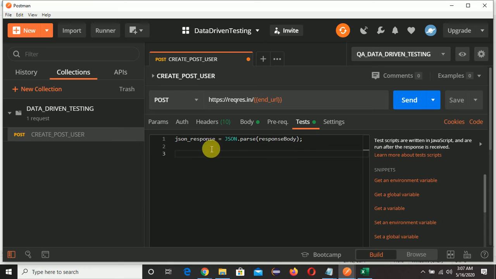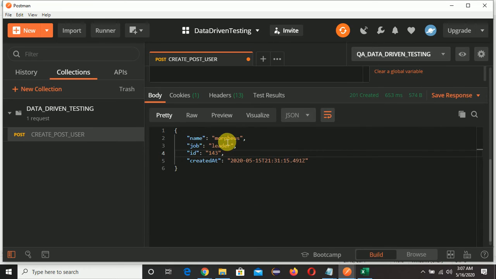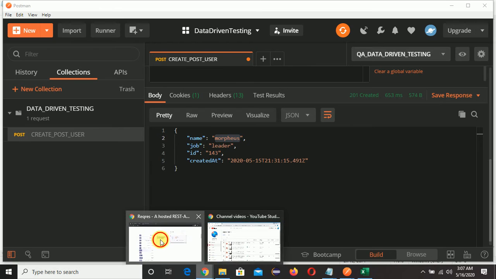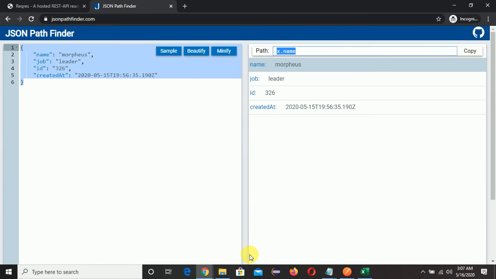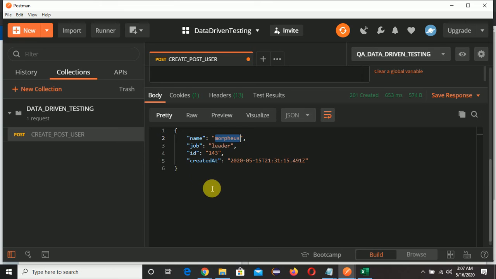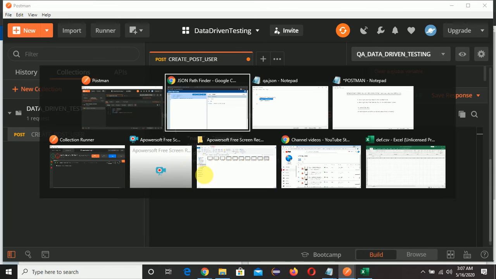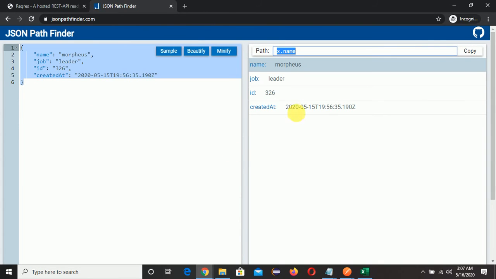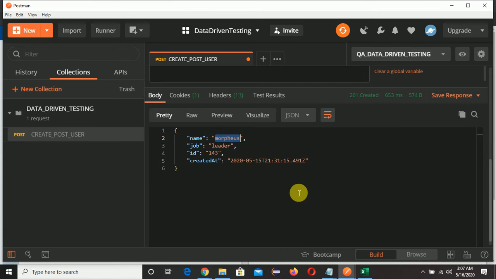Now through this JSON response variable we need to fetch this Morpheus here. I discussed in the previous video that there is a website, JSON Pathfinder. What you need to do is copy this JSON response and paste it there, and if you want the path of this Morpheus, just click it. So you will find this path. Our path is x.name, right?